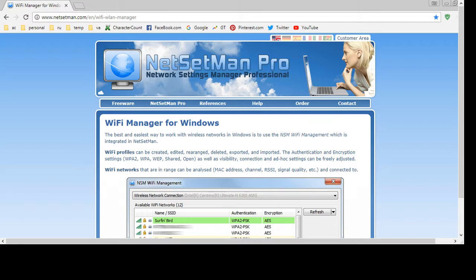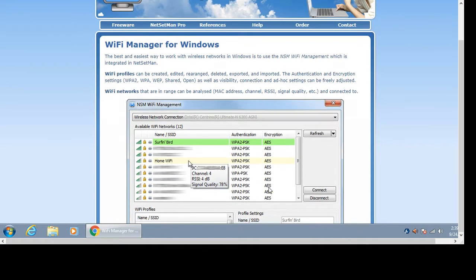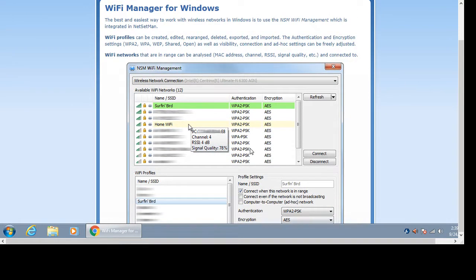So here's their web page, Wi-Fi manager for Windows. It displays the wireless routers, and you can find out what the MAC address is so that you can connect